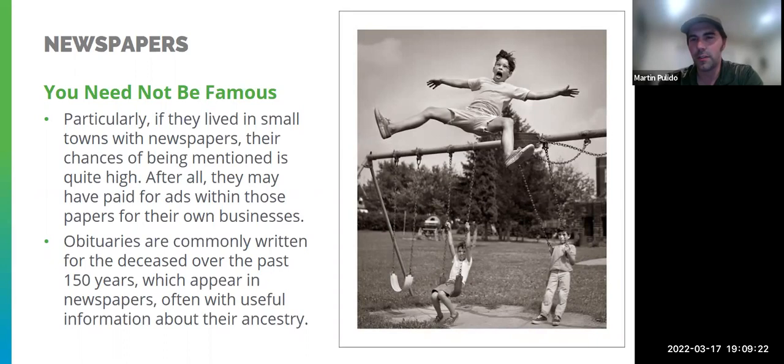And this can give you a lot of insight into different family members. It almost always lists who's surviving the person who passed away. It can share religious affiliation or professional organization affiliation. If they weren't religious, I have a great-great-grandfather where it notes that his services were conducted by a masonry lodge that he was involved in.